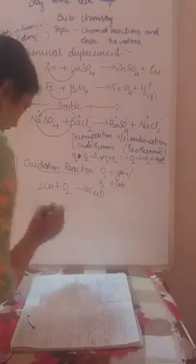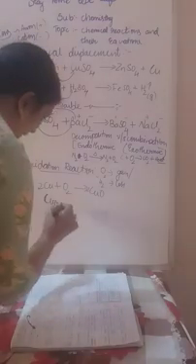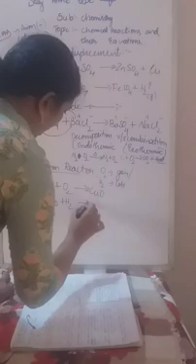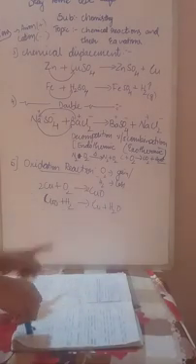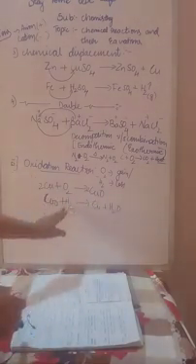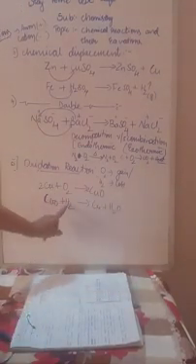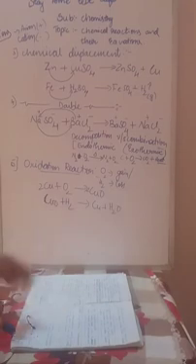Let us take one example for loss of hydrogen, that is CuO. If CuO reacts with H2, that is hydrogen, it forms Cu plus H2O. Here oxygen is there, so gain of oxygen. But hydrogen is not there separately. Hydrogen has mixed with the oxygen. So that's why loss of hydrogen takes place.